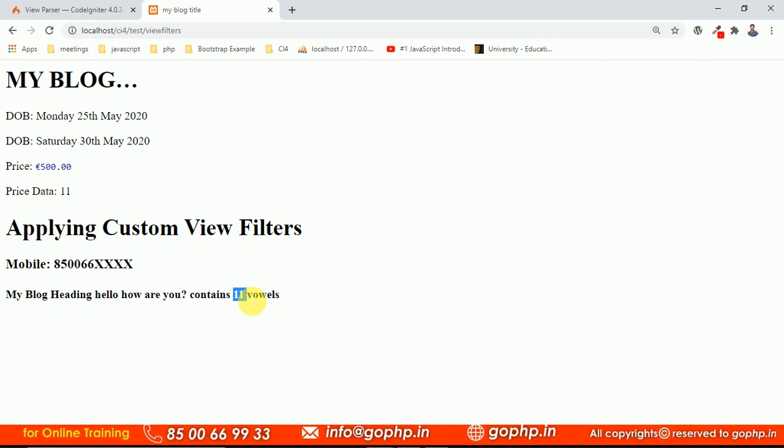Not only vowels, guys, we can write some useful logic later in the sessions. If the situation demands it, we are going to write some useful logics. Yes, guys, this is how we can create custom filters in views. Don't get confused. Custom filters in views are different, and controller filters are different, right? And please try to see.